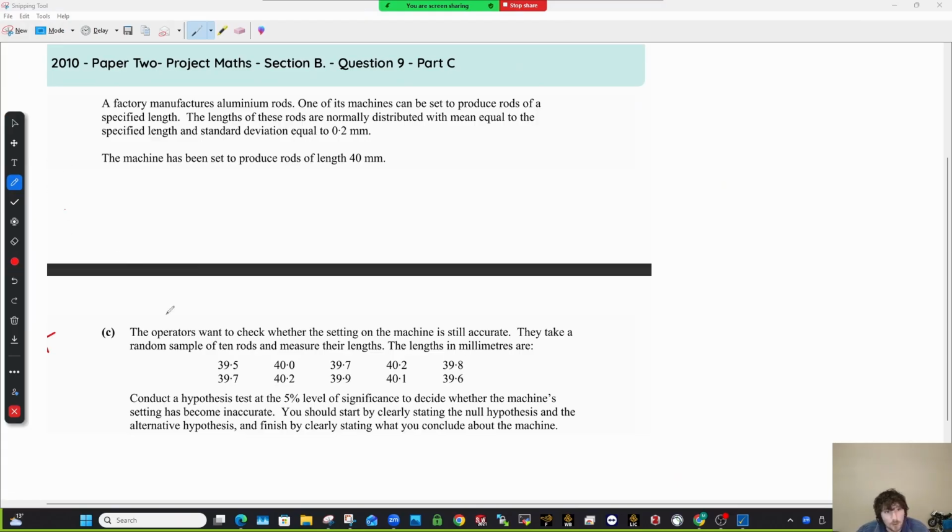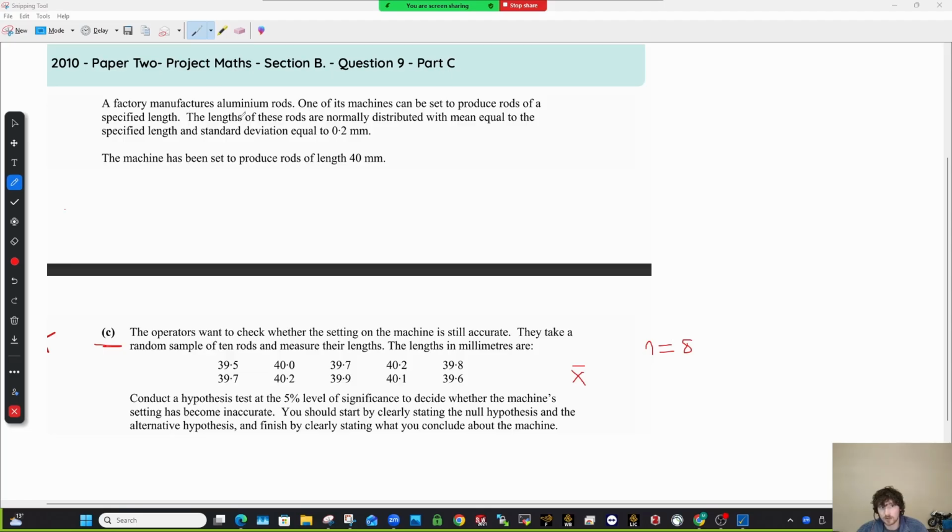But what they've done here that's quite unique, we're only answering the C here, this is just context up here, is they've given us as if someone went into the machine shop and actually recorded some values. And from this, we're going to work out our own X bar. We're going to actually work out X bar by hand. So we had a sample size here of n equals 8, okay? Now, because n is so small,